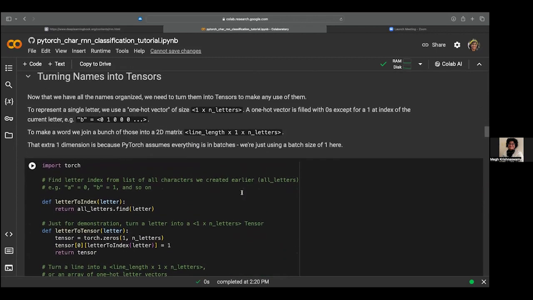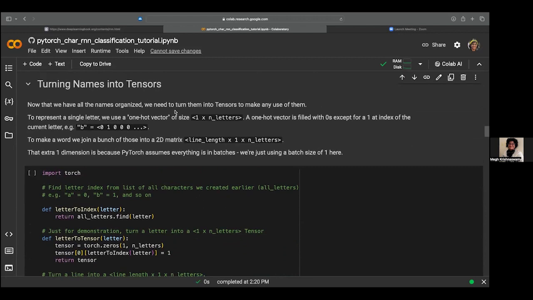All right. Next, we turn the names into tensors, right? So because we are conducting a mathematical model, we want our names, the string of characters, to be represented in a mathematical form so that our model can utilize the information, the relationship between the characters with numbers. Right. So in this case, there are some concepts here. They may have been covered in last week's course, and if not, you can always ask me a little bit more. The first thing we want to do is represent each letter as what's called a one-hot